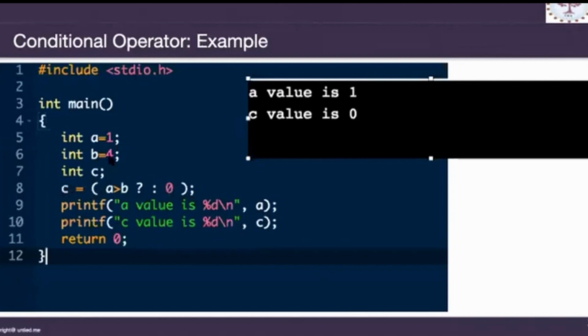In this case B is greater than A. So the statement which should have been written is not written, but it doesn't matter. It takes the value of this expression because it goes directly to this expression after seeing that this condition is false. So this 0 is assigned to C and then you get these values.